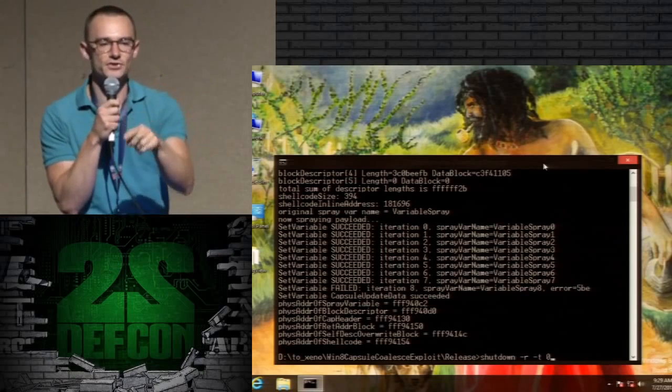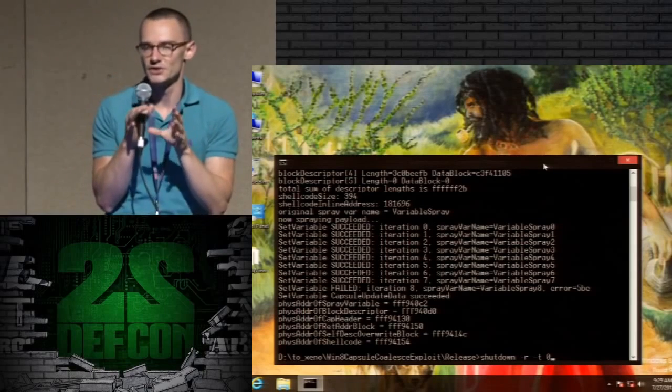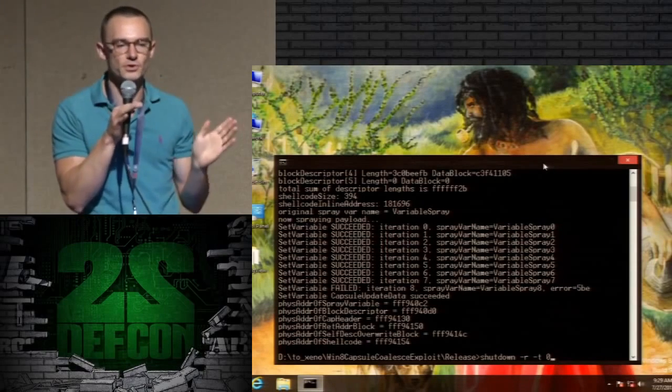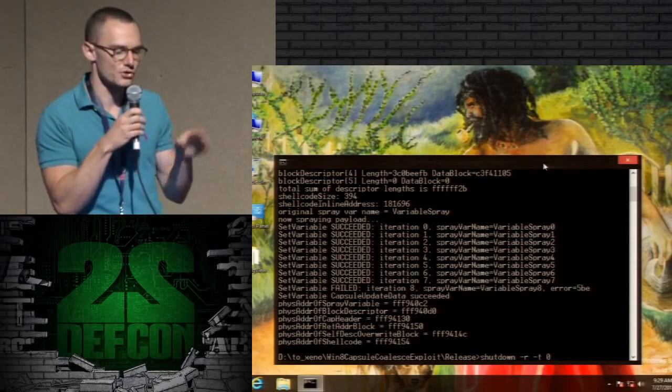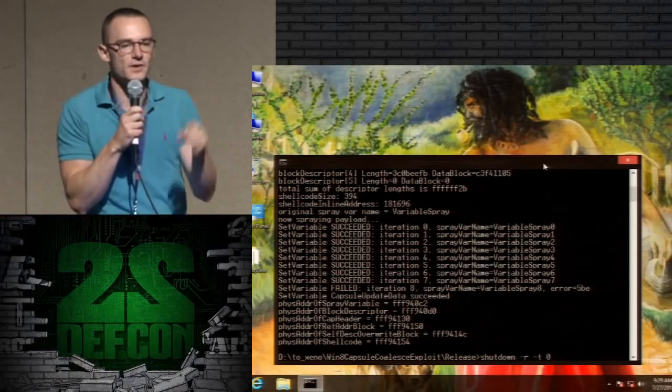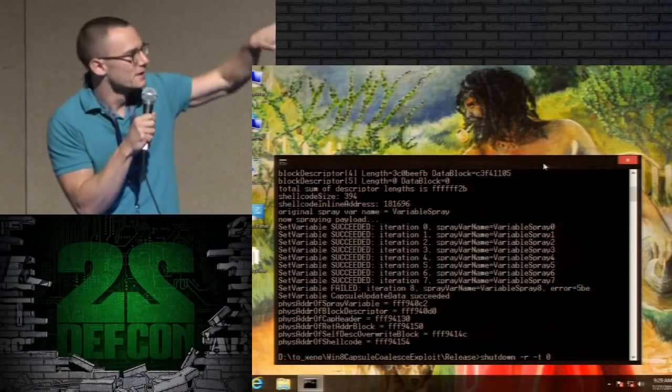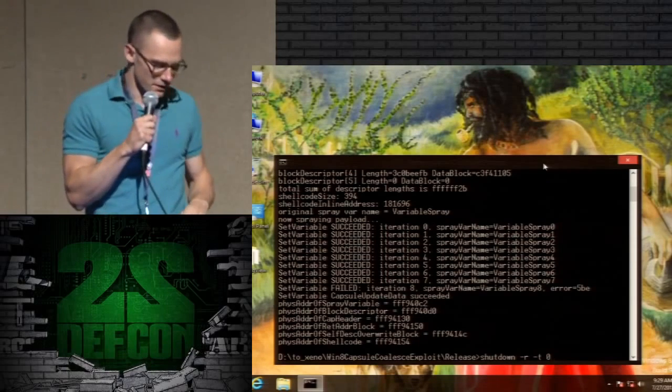You see an error eventually, and that's just because the flash chip runs out of room to store variables, so it says, I can't create any more huge variables for you, Corey. Sorry, you're just going to have to work with what you got. And it also creates the evil capsule update data variable to point inside the contents of these sprayed flash variables. All right, so go ahead and